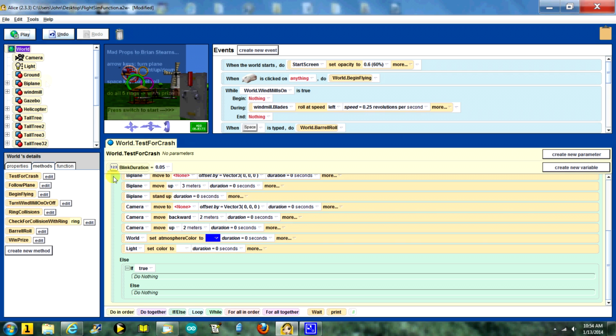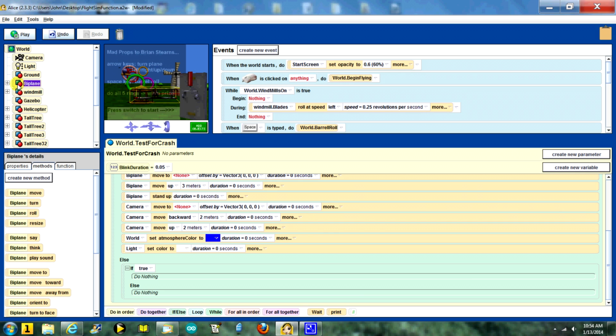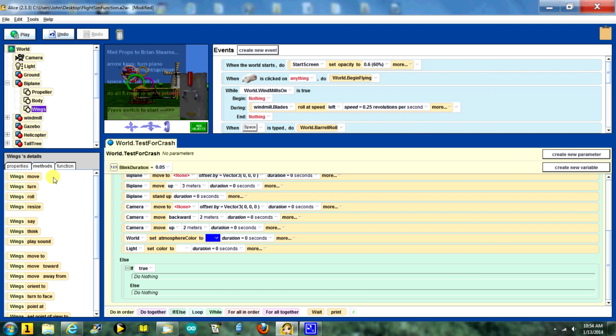So we'll go to biplane here, expand biplane, click wings, and if I want to know if the wings are touching, remembering that everything in Alice's location is determined based on the center of that thing, I need to take half the length of the wings, because I don't want the whole length but half the length. So I'm going to go over here to function,